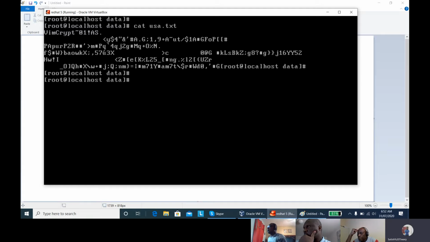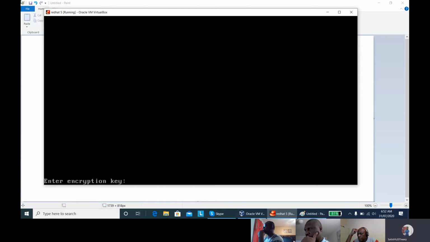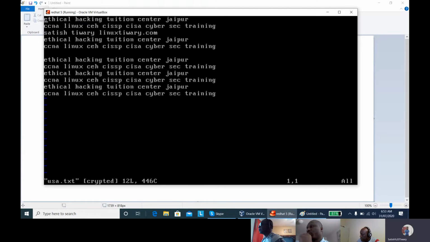And if someone wants to see this content using the Vim editor, suppose they try a different method, they try the Vim editor and type this, it will say first type the password. It will ask for the password, and you will be able to open this file only when you know the right password. So only the person who knows the correct password will be able to open this file. The correct password is red hat. So just type red hat and you can see the file has been opened.